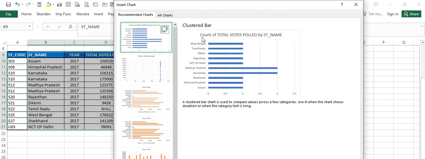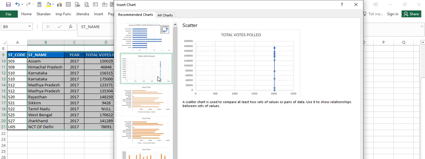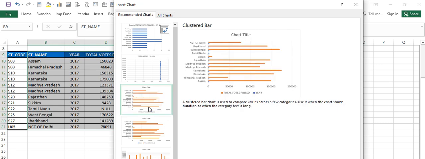I can have a clustered bar chart, each bar for each of those states. I could be looking at a scatter plot and how exactly the votes have been polled, or the years in which it has been polled, the year column.